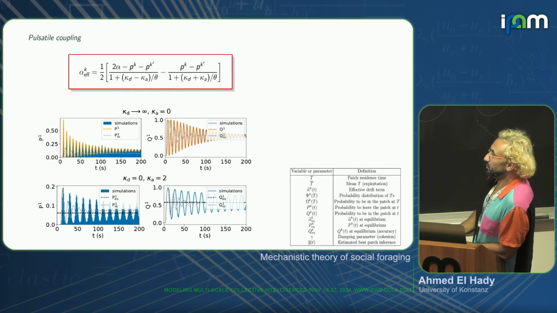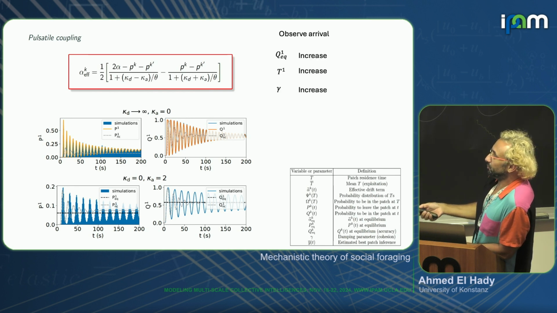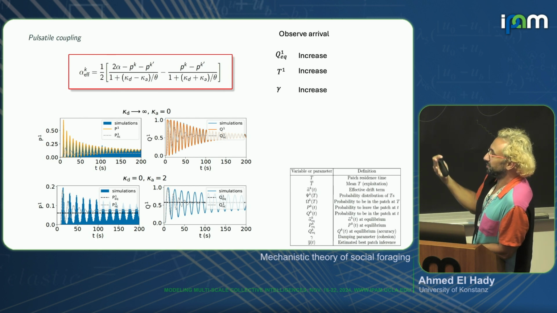Okay, we can do it again with the pulsatile coupling. And here, every time we write down the equation for the effective drifts that comes from this coupling. So with the pulsatile coupling, you have two scenarios. First, if I observe arrivals, if I'm coupled to the arrival of others, what happens is the equilibrium probability to be in patch 1 increases, along with the patches this time, but also this cohesiveness increases, which is this damping